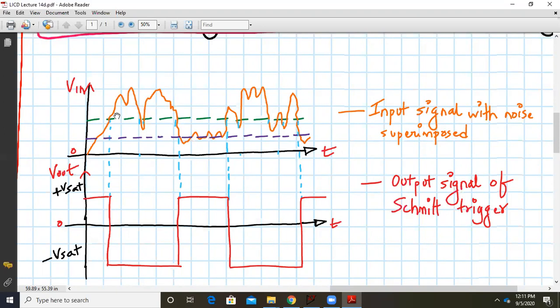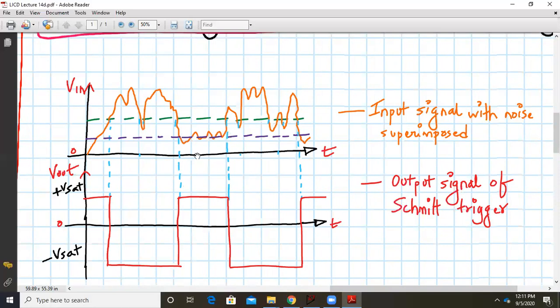Basically, how this Schmitt trigger works is, if the input is greater than the green color reference, then only the output state will change. The next time it will change the output is when the input is below this blue color reference. So any fluctuations happening over here, this orange signal going below this green reference, will not matter. It will not create unnecessary transitions. As you can see, the signal is fluctuating a lot, but it will not reflect at the output.